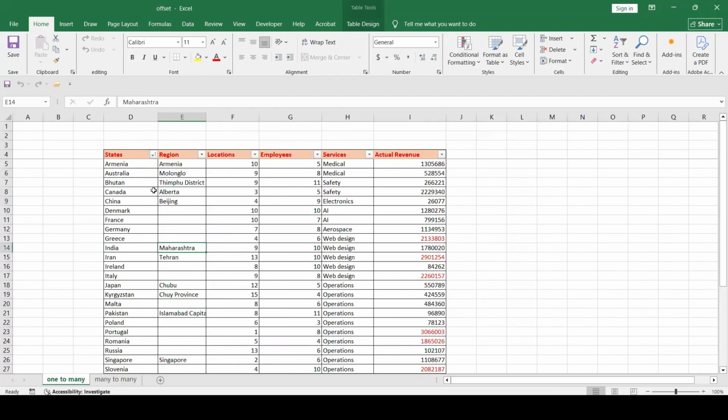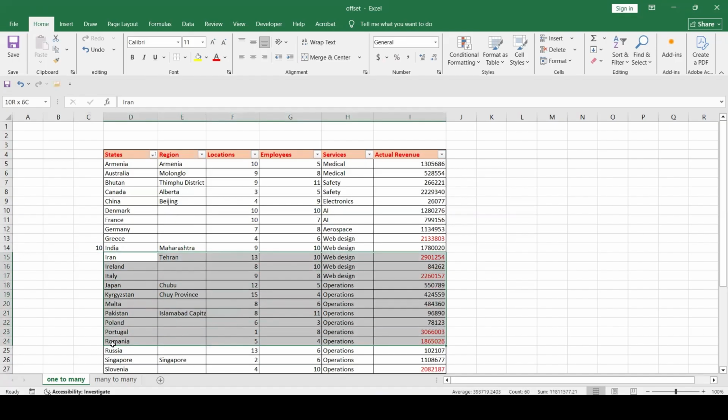So what is the offset function actually doing? For example, if we say we don't want to see the first 10 rows, we just need to write the number of the row until where we want to exclude the data, to rule it out. So if I say, for example, row 10, then the offset function will take the rest of the table until the end, and it will provide us this information. This is the very simple variant, so let's just do it.